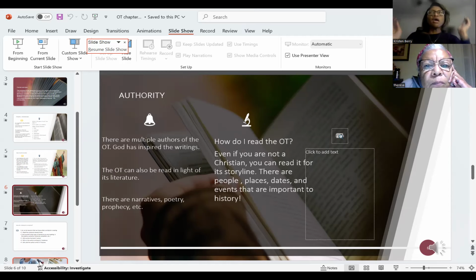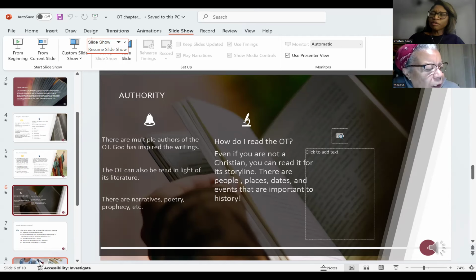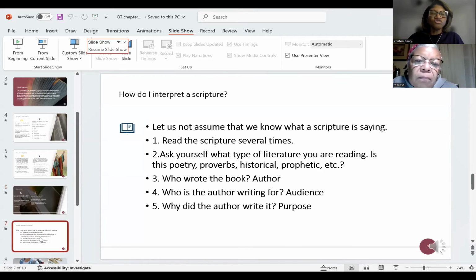So if you see a particular location, we can find that location on a map today, even if it has a different name. A lot of places have been renamed. Or a river, right? You hear this river and you're like, wait a minute, that river still exists today. So we could tell people that what's in it is true.